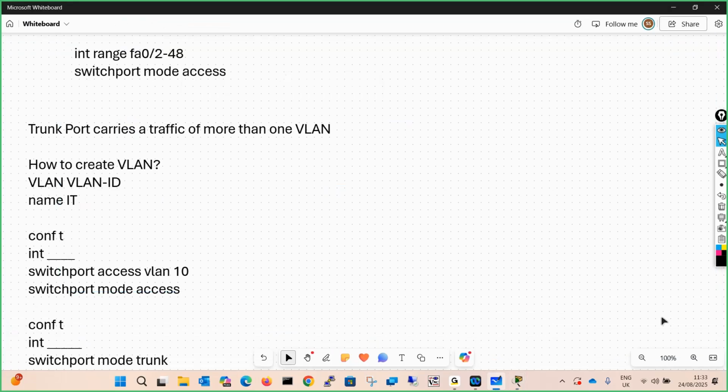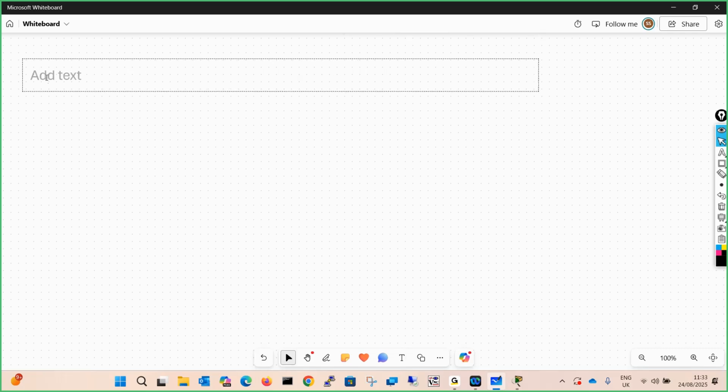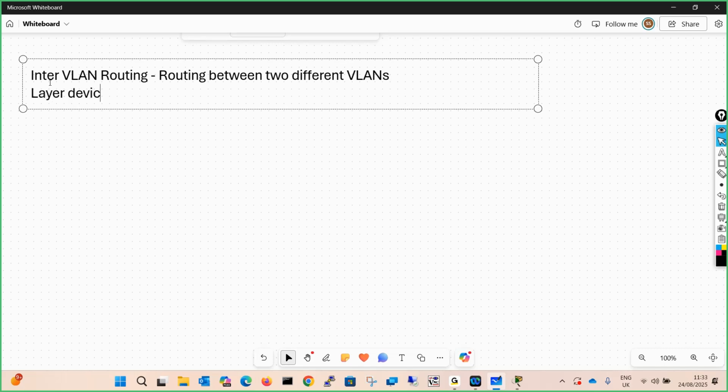Let me write it down over here. If you want two VLANs to communicate with each other in your network, you need to perform inter-VLAN routing, meaning routing between two different VLANs. And for this, you need a layer 3 device.